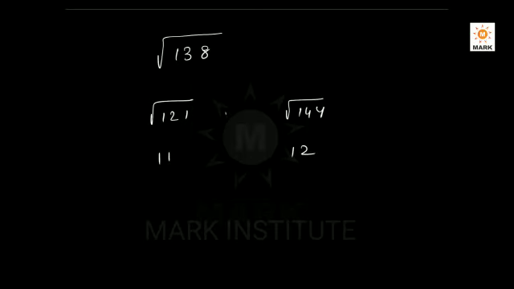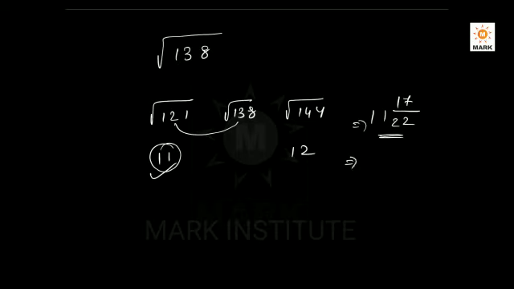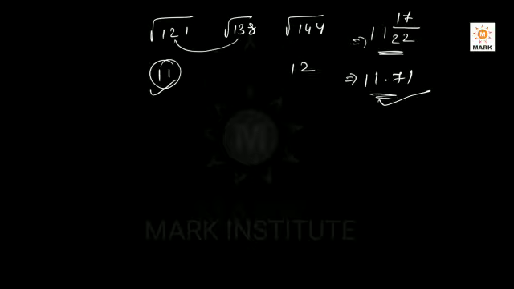Now, my dear friends, I am going to find the square root of 138. It definitely lies between the square root of 121 and the square root of 144, because those are 11 and 12. So 11 is the whole number. What is the difference between 121 and 138? It is 17. What is the double of 11? It is 22. If you convert this to decimals, it will be somewhere around 11.71. That is the approximate square root of 138.